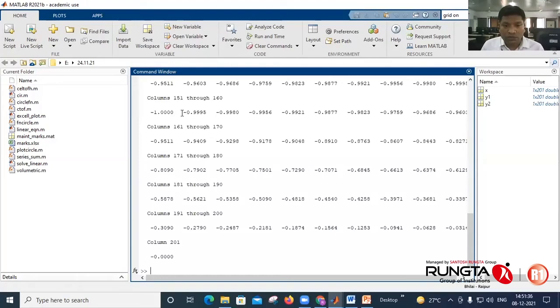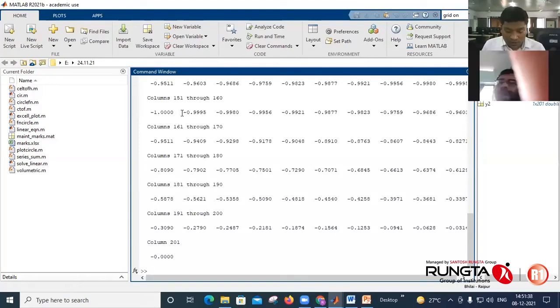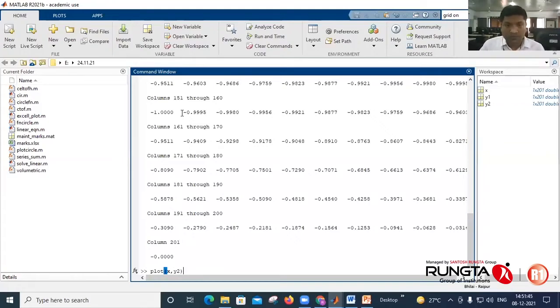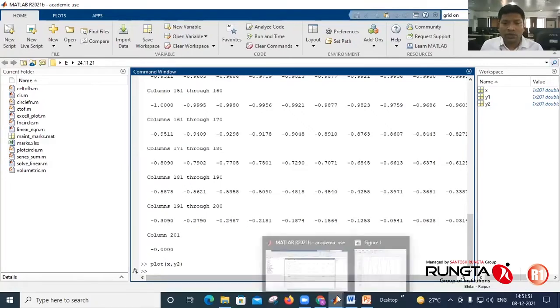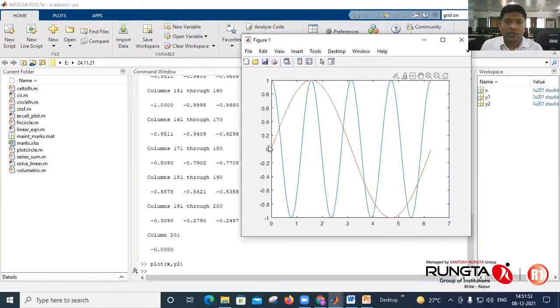I need to put a semicolon, I didn't put it. Then plot x against y2. As the hold on command is on, it will plot y2 against x on the same figure. So this is y2, which is plotted over the first one.